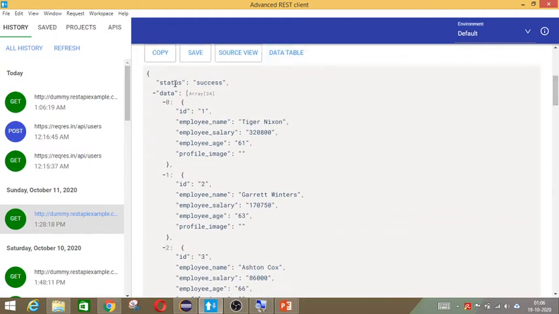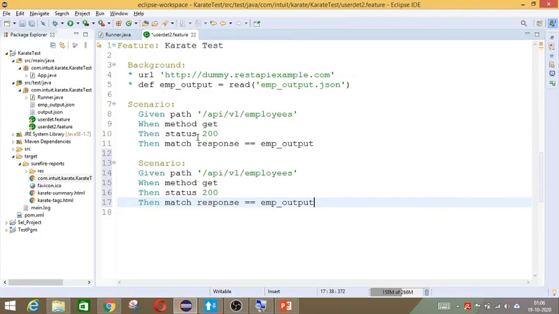So here if you see, there is something called status that we can check whether it is success or not, and we can also check the value inside the array. Now let us start by comparing the status. All the other statements are fine. Here inside the response, the value you want to check is status. So give response.status contains success. That's what we had in the output, correct?